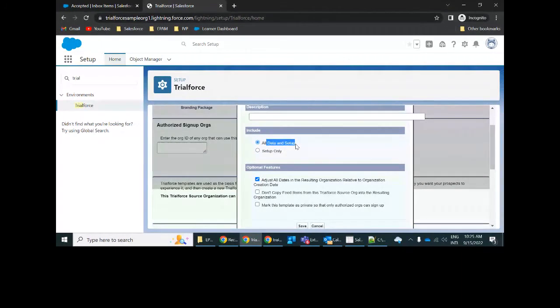All Data and Setup means that if you choose this option, the Trialforce template you create will include the data which you have in this org, as well as the setup, which is the metadata. Let's say you created some sharing settings, list views, configurations, custom settings. Whatever you have created will be included here.